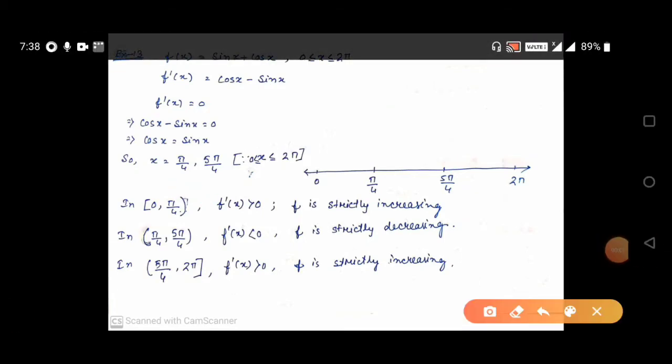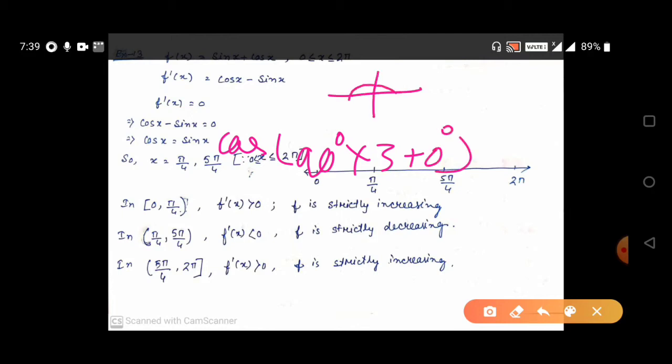For 270 degrees we can write cos of 90 into 3 plus 0 degrees. So 90 into 3 plus 0 means fourth quadrant. In the fourth quadrant cos is positive and cos will be changed to sine, so sine 0 degrees, that means 0. If we do the same thing for sin x,